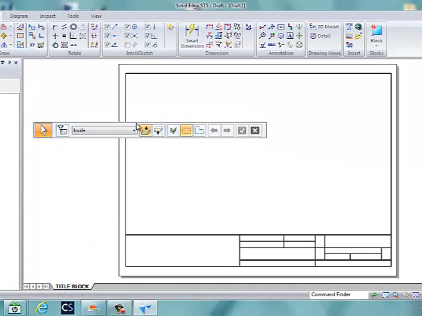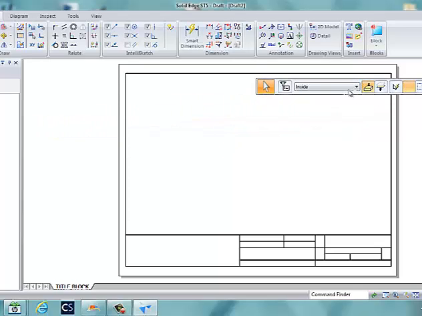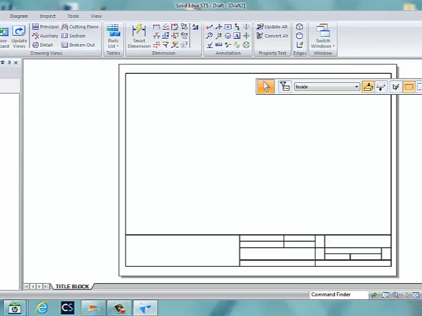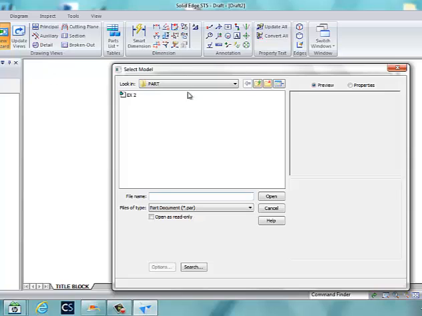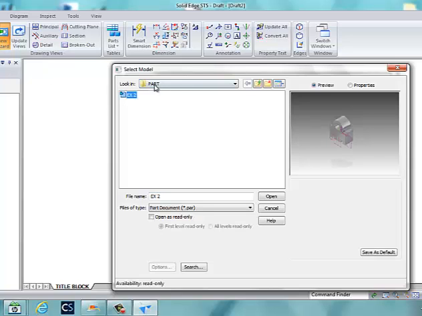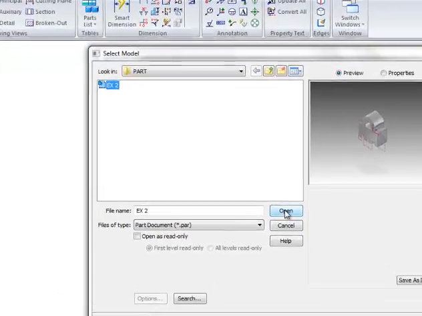I want to actually bring in our part so that we can use it. This is going to be a template for a graph, but bringing in a part will help us to label this piece accurately. So back to our Home tab. We're going to go to View Wizard. We're going to look for Exercise 2. Should be in your part directory, and we're going to say open,